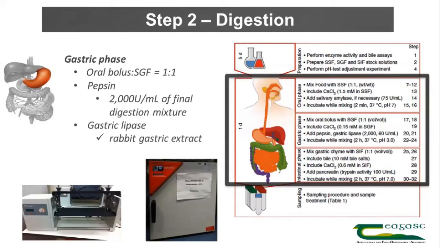You also add gastric lipase, and that's a recent addition to the Infogest method. And we recommend rabbit gastric lipase, which at the moment is the best option to represent human gastric lipase